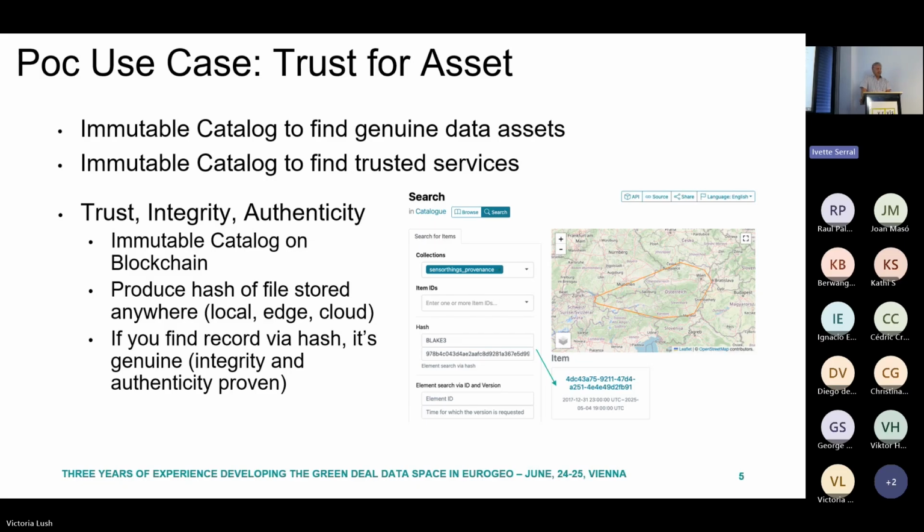So, use cases. The first use case is using a trusted asset. Here is a snapshot of a stack catalog. Actually, I didn't say that, right? The immutable catalog has a stack API. So if you have a stack browser, you can go to the blockchain and search for your assets, and you can see it. And there you see a